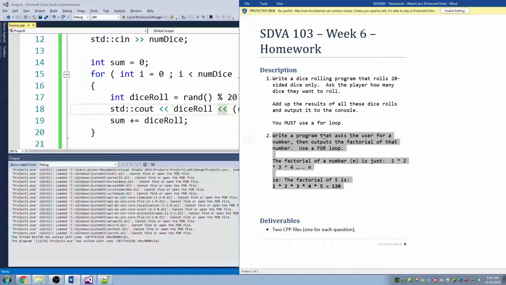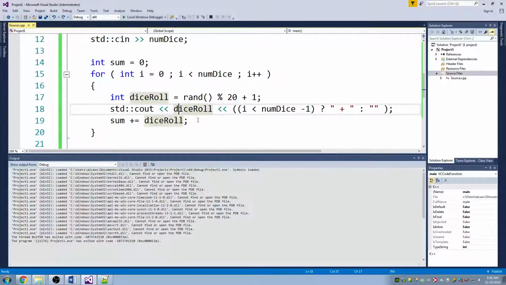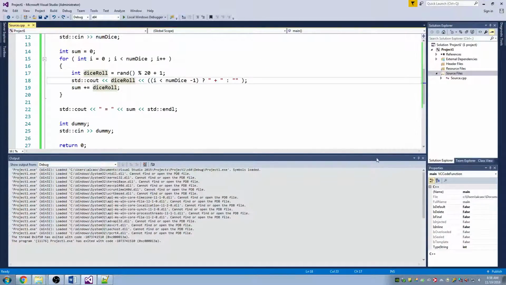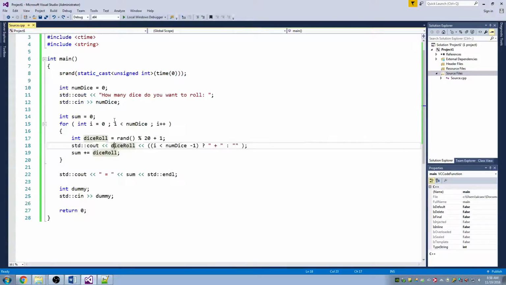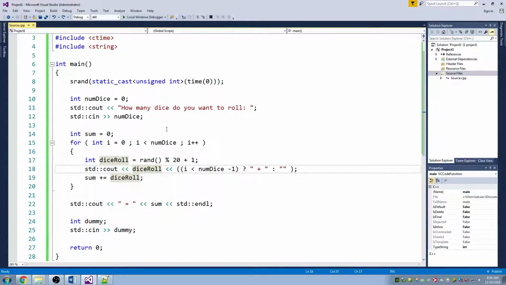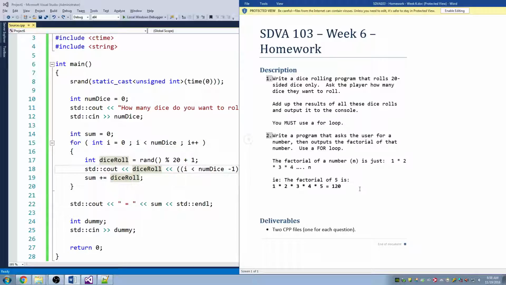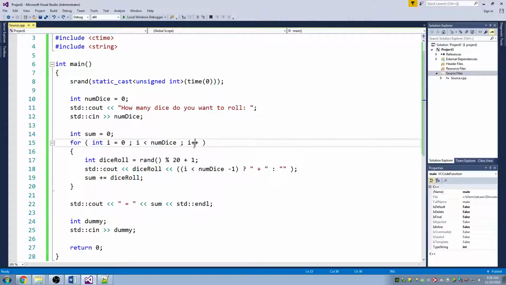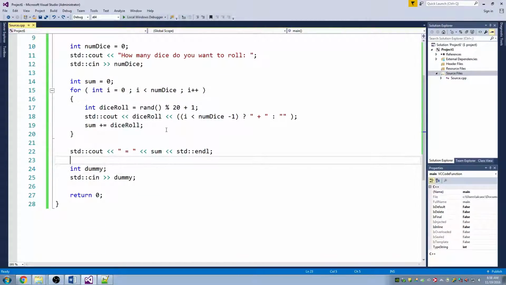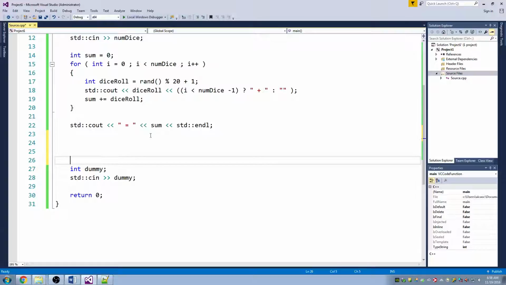Write a program that asks the user for a number and outputs a factorial of this number. So a common interview question is to write the factorial. And typically what people will ask is write a factorial, and they'll ask you to do it 2 ways. One of the ways is to write the factorial iteratively, which is to use a loop. So let's go over how to do this one too. I'm going to do this one after this one,